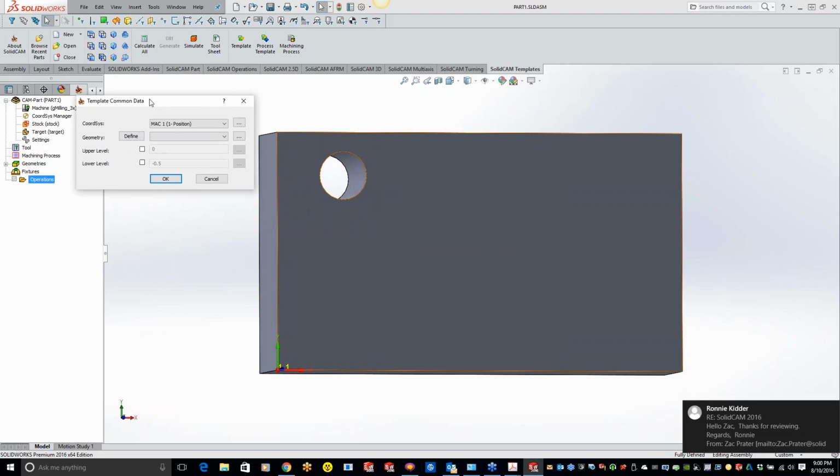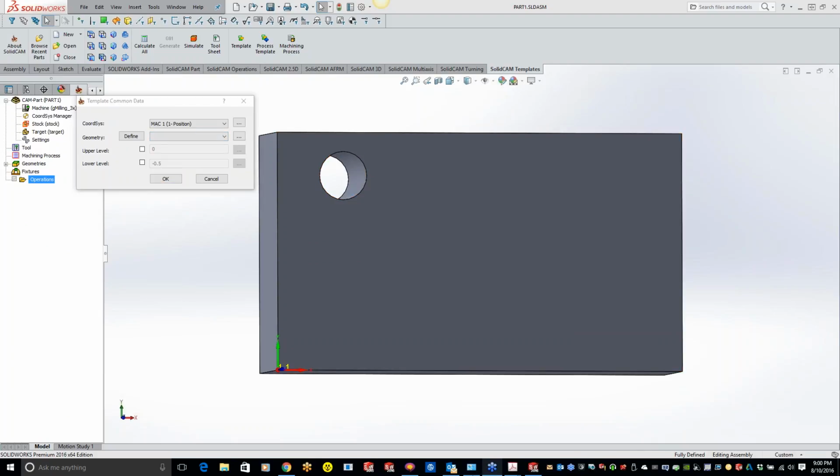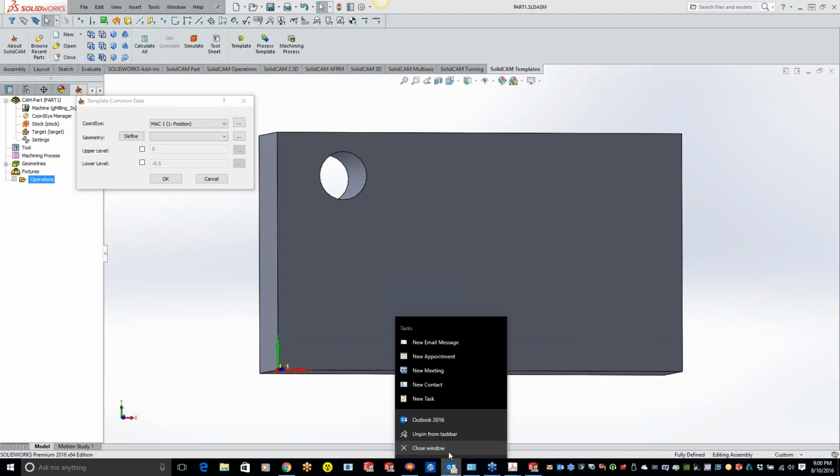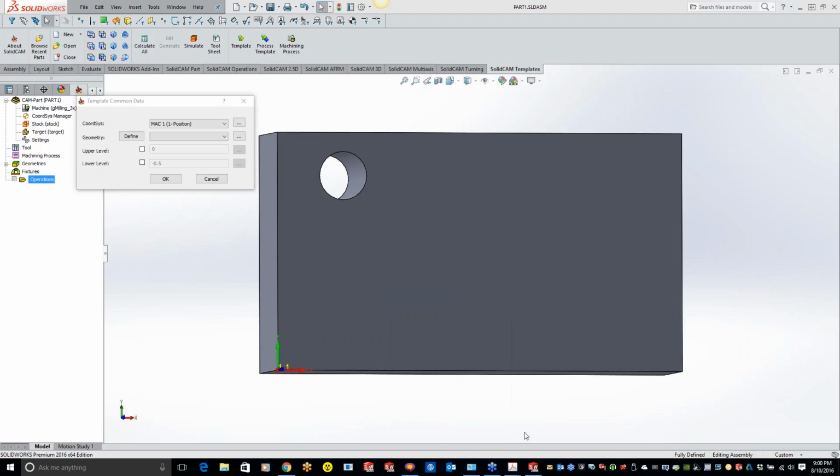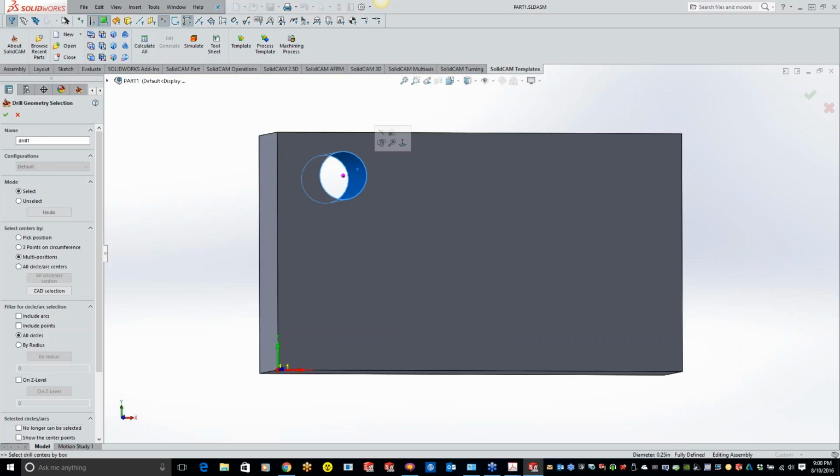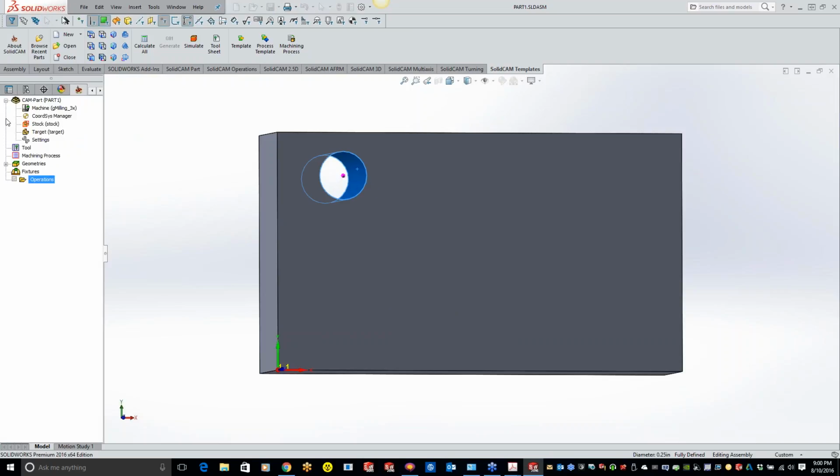Now, basically here is the template. Let me shut down my email real quick here. All it's asking is to define it. So we'll come on here and define our hole, hit the green check mark, hit OK.